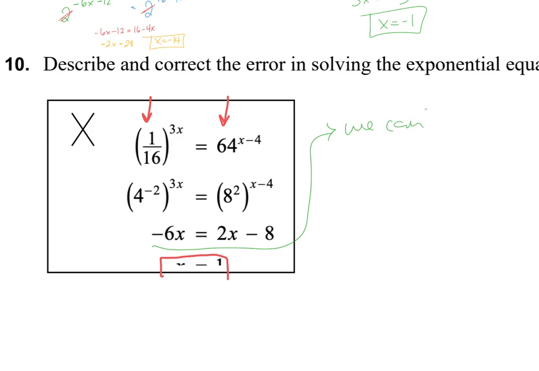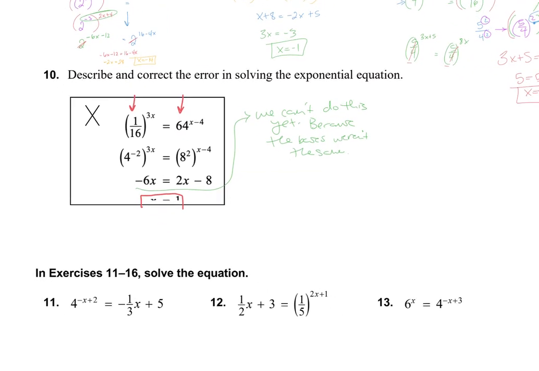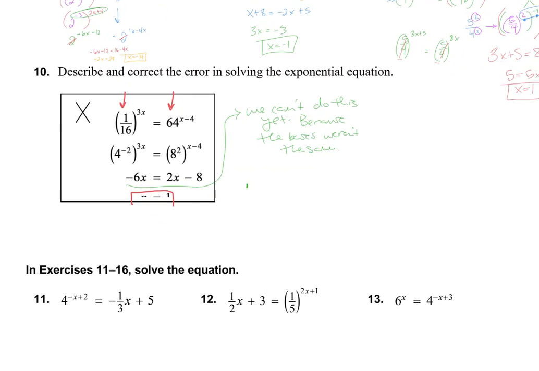We can't do this yet because the bases weren't the same. So we need to make them the same. So on the left side, let's go ahead and deal with that, because I liked this, and this is 4 to the negative 6x power. In fact, that's how they got that. On the right side, it should be 4 cubed to the x minus 4 power, and that would become